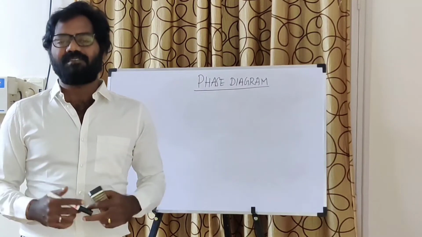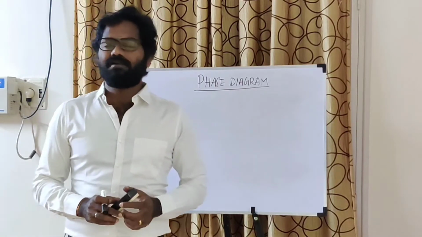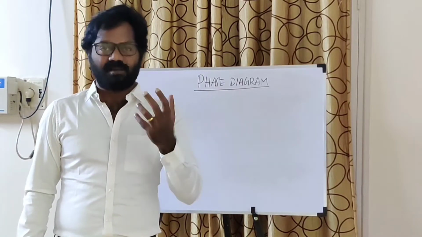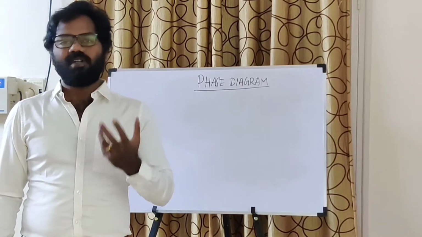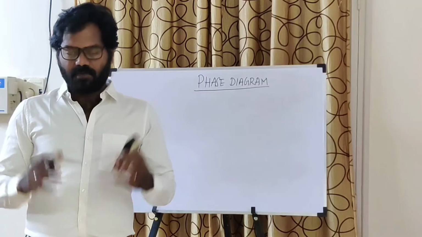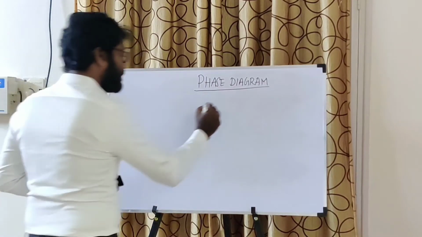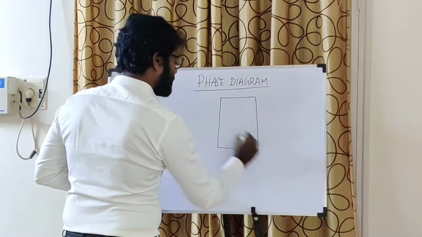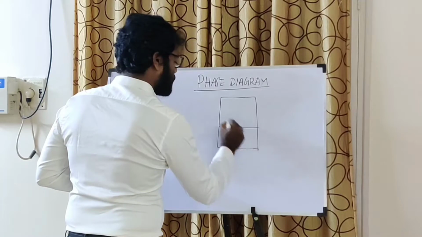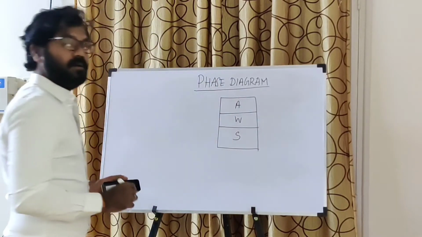What are the different phases that will be there in a soil mass? If you take in general any soil mass, it will have natural water content and some amount of solid particles and some voids. And how could some voids be there? We'll see one by one. So for example, if you take a simple soil mass, it will have three different constituents: solid, water and air.